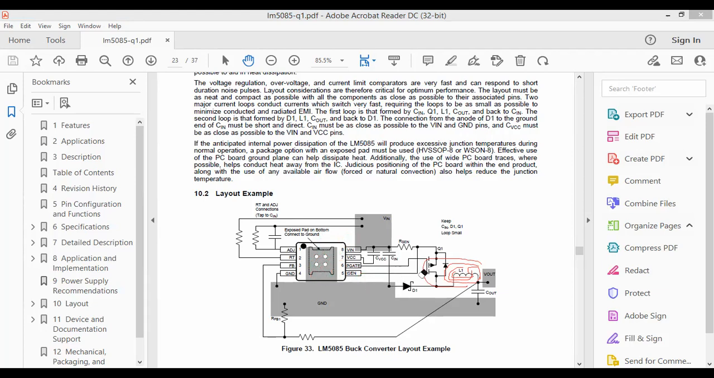So always keep your power switch away from your control circuit. Normally this side should be coming from any controller or microcontroller unit. So this is your control side and this is your power side. Make some distance between them. And also there are some hot loops, so fast current changing